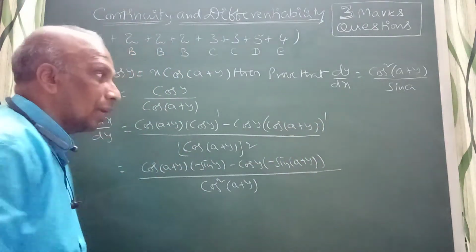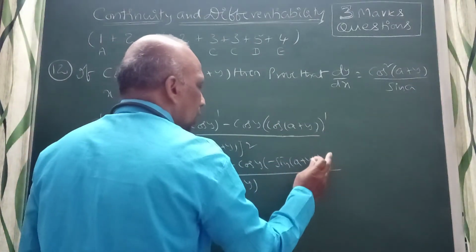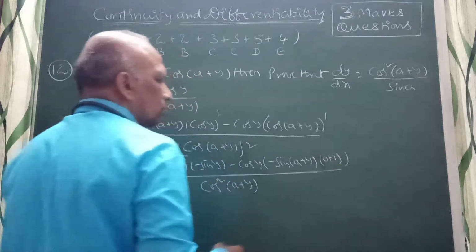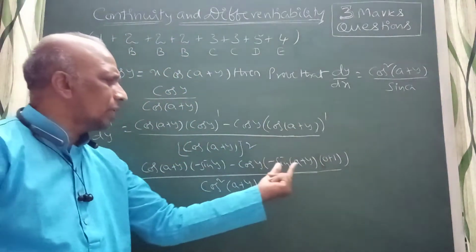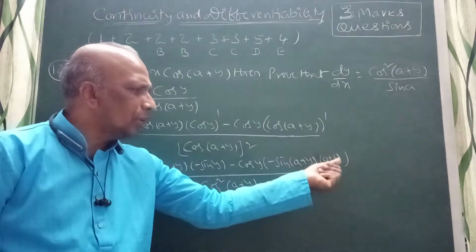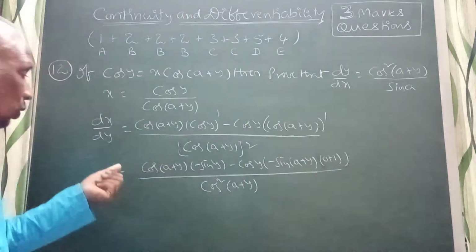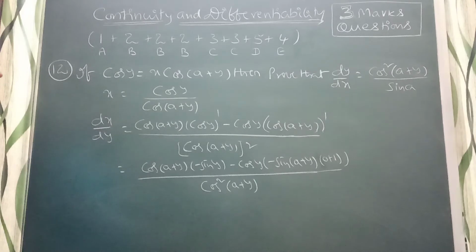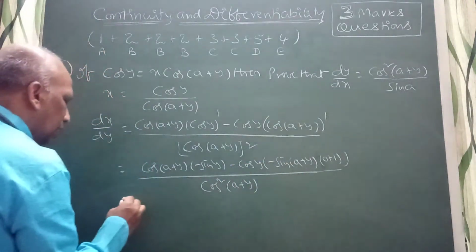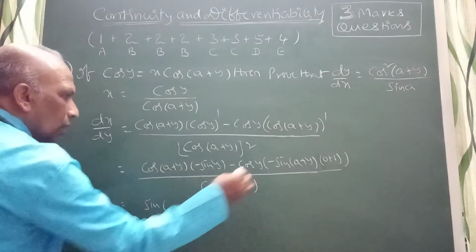I am doing this with respect to y only, right? This constant is 0, so I can write inside this one 0 plus 1. Derivative of cos is minus sin of (a plus y) into derivative of a, which is 0, and derivative of y is 1. Why? Because I am doing it with respect to y. You can observe here, this is minus and minus, plus. This I can rearrange: sin of (a plus y)